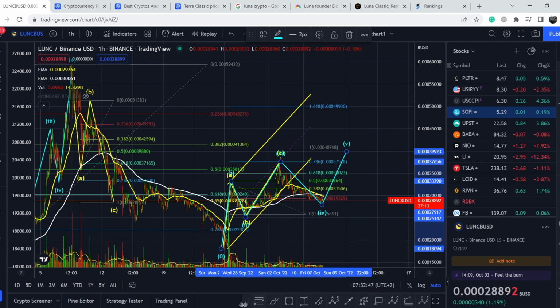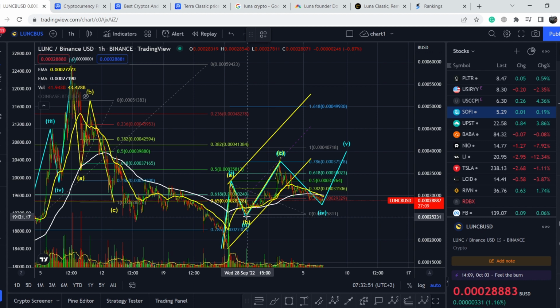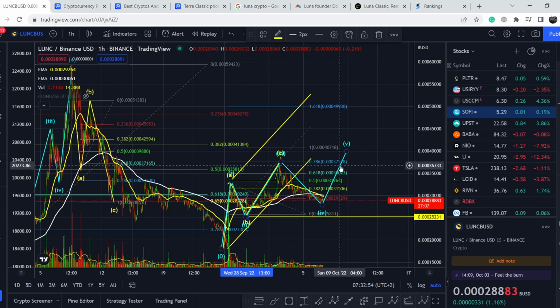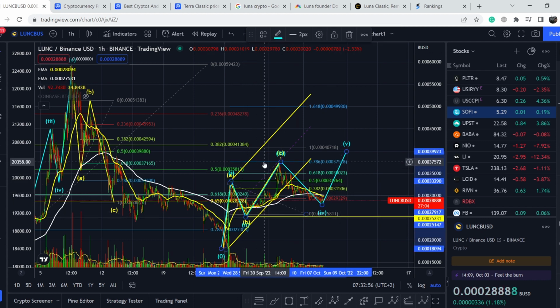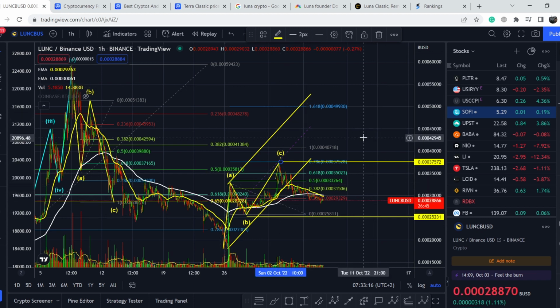First of all, if this asset breaks this previous bottom, let me show it to you right here, this bottom, we will eliminate this count as our motive wave, because we cannot have a retracement in the fourth wave that is deeper than the initial bottom of the third one. And this means this count might be eliminated. Otherwise, if this asset breaks this top, this previous swing high, let me mark it for you, we will eliminate the ABC correction, and in this case we might see the next leg to the upside that might hit some ranges at about